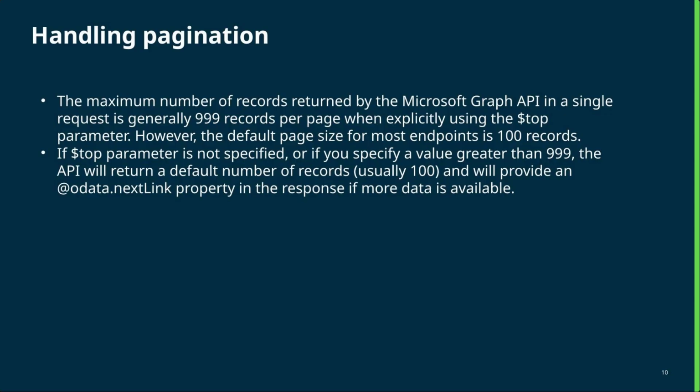That is, for example, if you have accessed the first 100 records, it will return a property in the JSON that was returned as a response, called the OData next link, which will contain a link to access the next 100 records, or the next 30 records, or the balance records which are available. And if there are no more records, then it will not return any OData next link property. So this is something we can use to automate our pagination